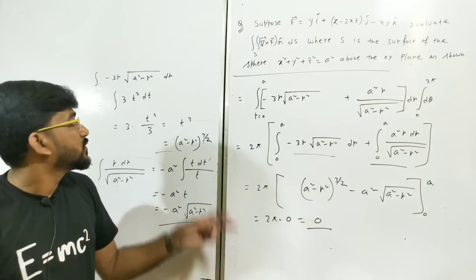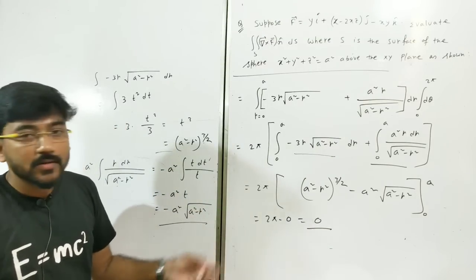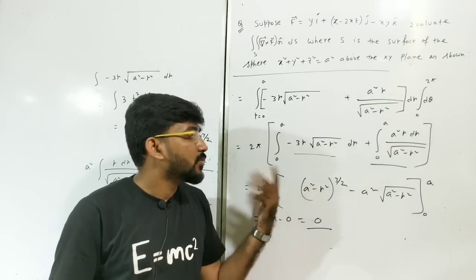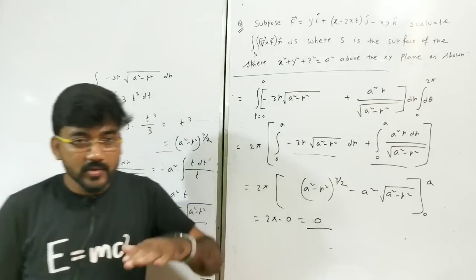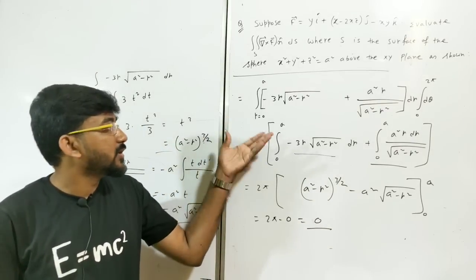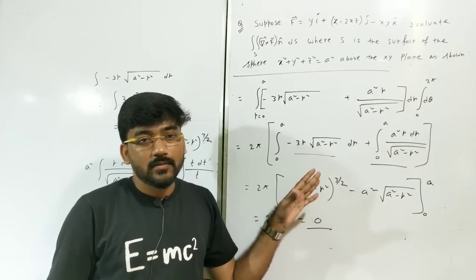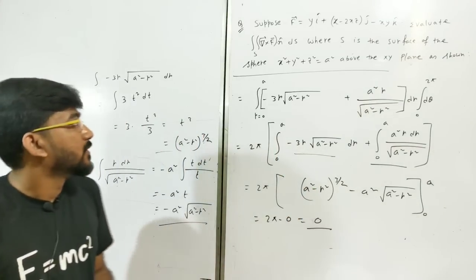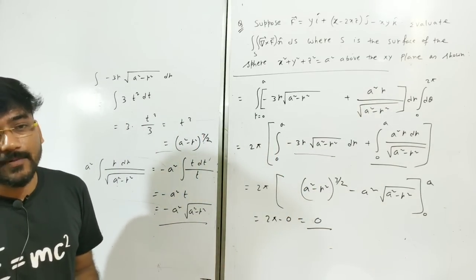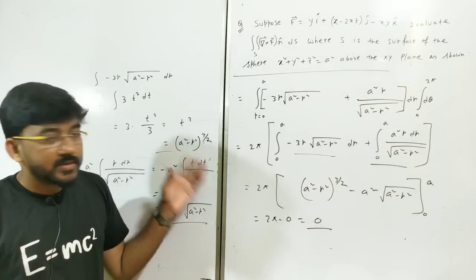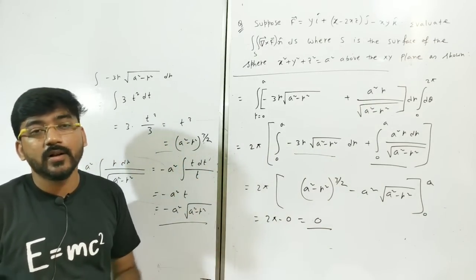So this is how we can solve this problem. This problem is actually very complicated, the integration is complicated, but if you convert it into polar coordinates in the r theta plane, if you are doing the integration on the xy plane, you can always choose the coordinates as r comma theta. So you can put x equal to r cos theta, y equal to r sin theta, and dx dy is equal to r dr d theta, and if you solve this integration in this way by using polar coordinates, then it will be